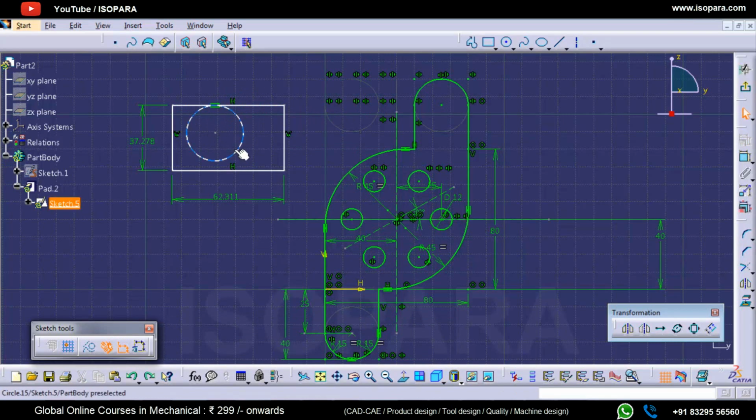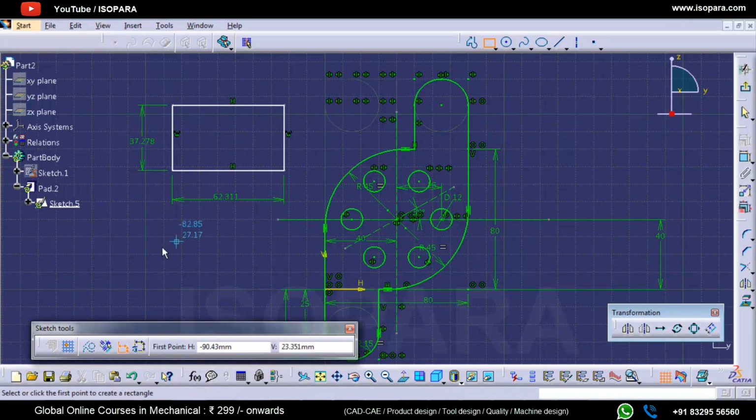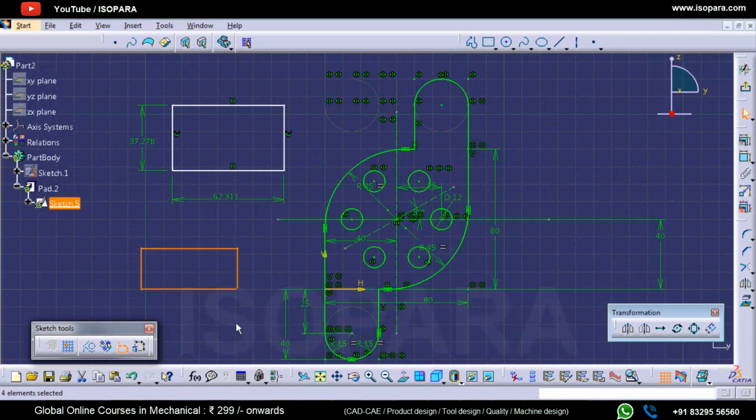But if this option, known as geometrical constraint, is not on and I create a rectangle, no horizontal or vertical constraints are created. That means your rectangle is not a rectangle. It can be a quadrilateral, parallelogram, trapezoid, rhombus, anything. It's not a rectangle.